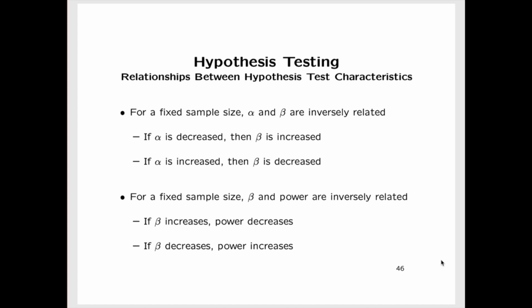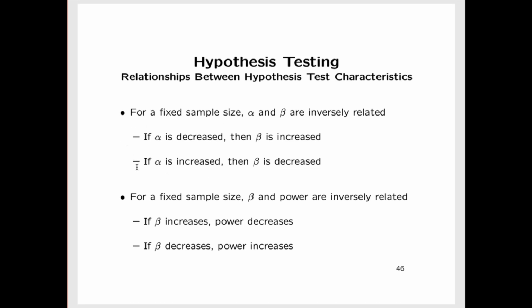So those are important characteristics of an hypothesis test. Now let's look at relationships between these test characteristics. And so, for starters, for a fixed sample size, alpha and beta are inversely related. That is, if alpha is decreased, then beta will be increased, and vice versa. If alpha is increased, then beta will be decreased. And I'm stating these in this way,